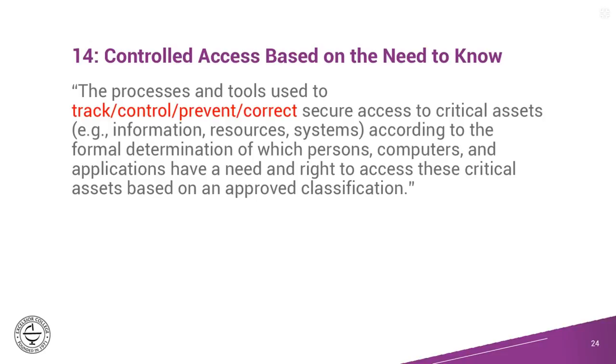So the control access based on the need to know. Those of you who are working for the federal government, this is a big one, right? All data is on a need to know basis: track, control, prevent, or correct. I find the last part, the correct, is the issue when it comes to control access, because it takes a while for data to be corrected. It takes a while for machines to be corrected if there's issues. And if it's taking time, then there's actually going to be costs associated with it.